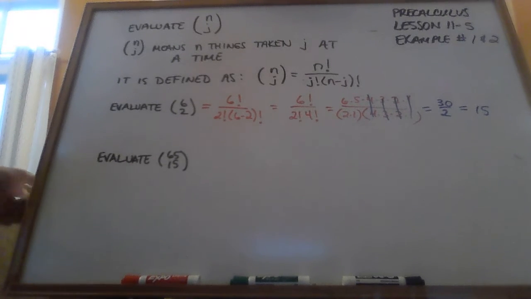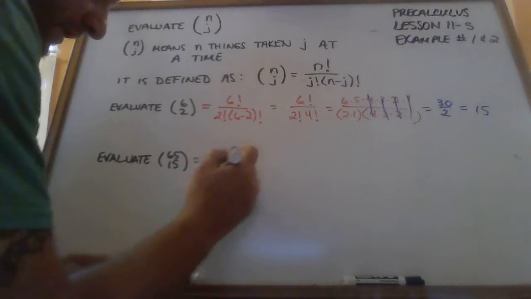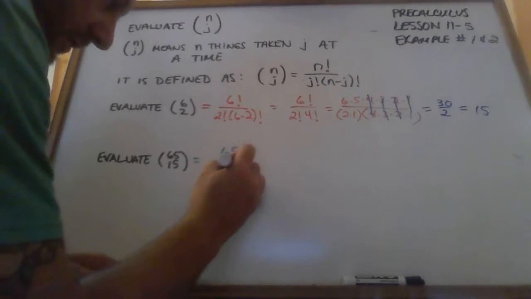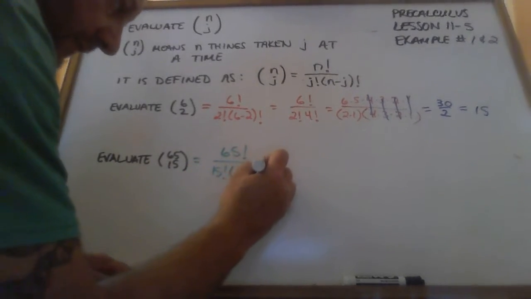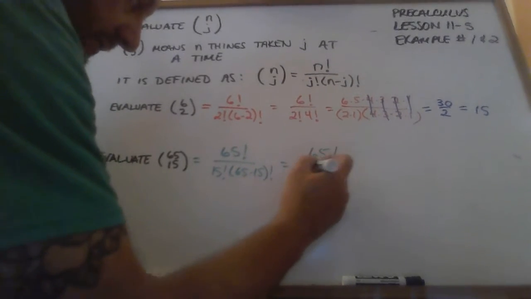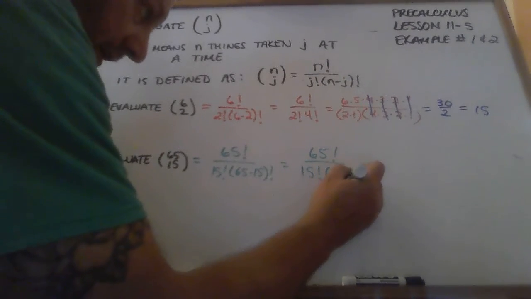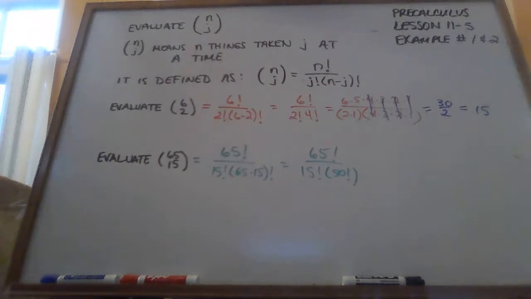Now, this one here, a little bit tougher. Can't really do it like this because it'd take you all night. But I can still use the formula. This is 65 factorial divided by 15 factorial times (65 minus 15) factorial, which is 65 factorial divided by 15 factorial times 50 factorial. And if you plug this into your calculator, you're going to get something that looks like